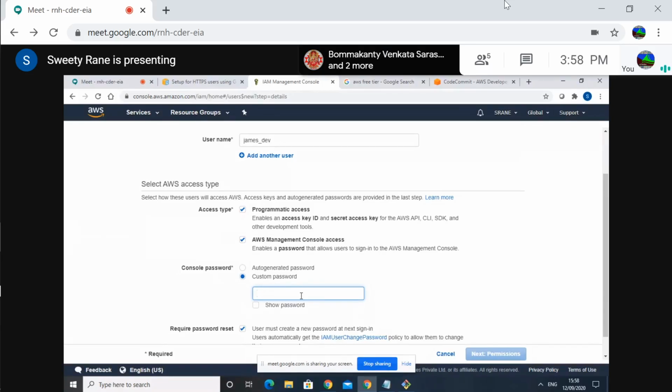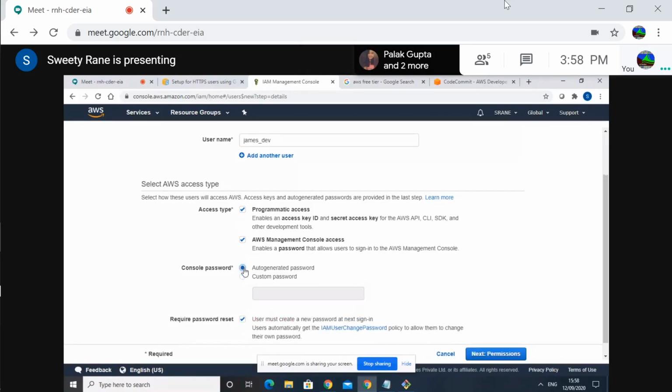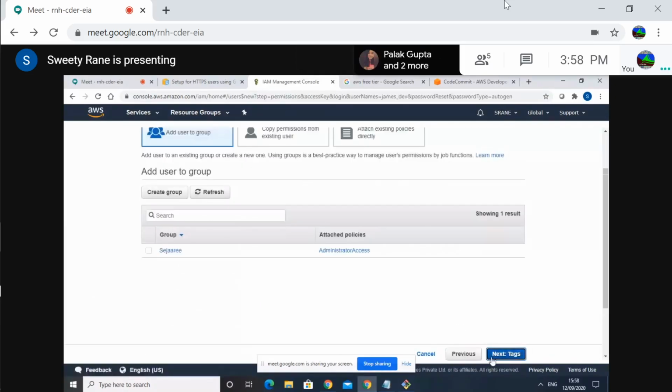Just let it be there like that. Okay. And next permissions, don't uncheck that. That's fine. I will change it in case I get access. Yeah, next permissions. And select the group, and the rest of the steps are the same.